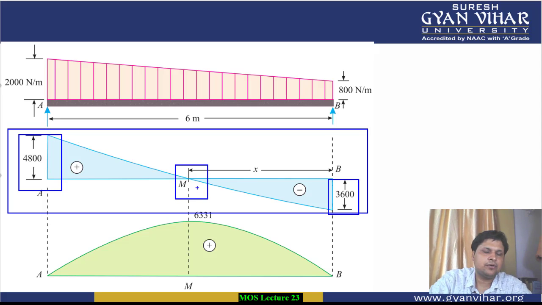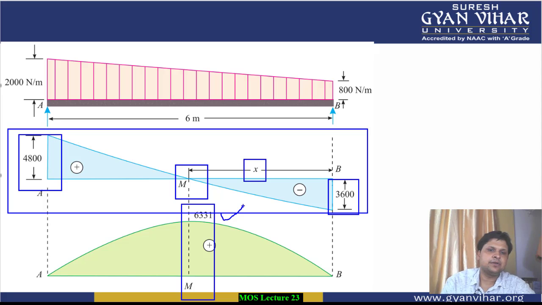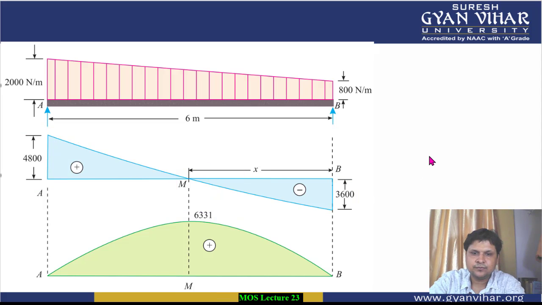Now by putting the equation of shear force equal to 0, we have got the point where it is equal to 0. This x we have calculated, and now putting this value of x in the equation of bending moment, we can get the maximum value of bending moment, which is equal to 6.6332. This is the maximum value of bending moment at this point. I hope you have understood this particular numerical, how we have calculated the value of bending moment.